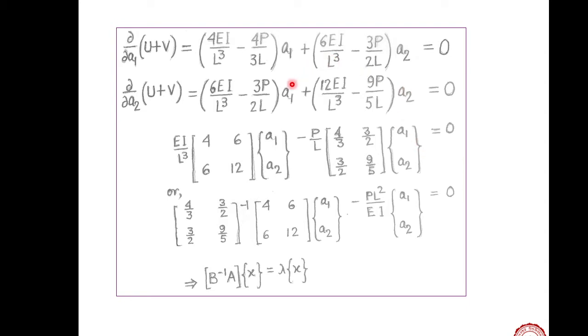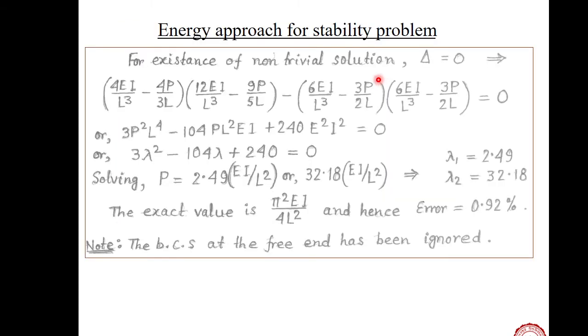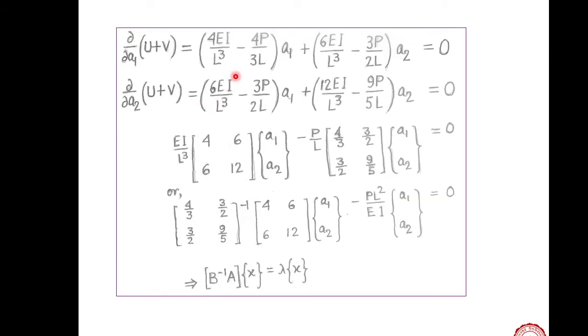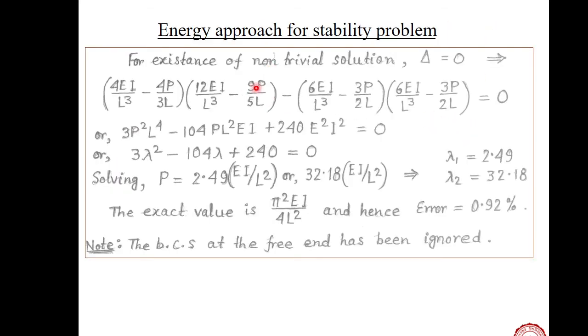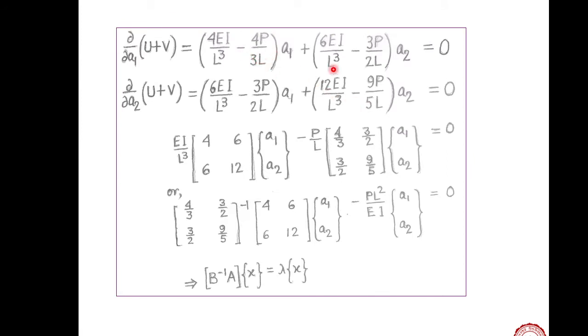From here, this is the general way. We will get a solution by forming a matrix equation from these two like this. That means first term, second term, third term, fourth term, we can consider it as a 2 by 2 matrix equation and the associated determinant there, that is expanded. This is what we will get. But this is not the general way. The thing is, this particular equation we can express like this.